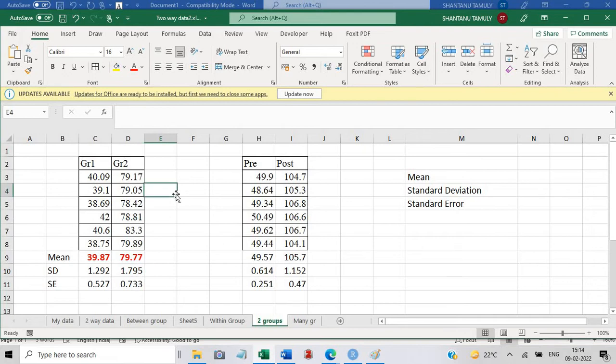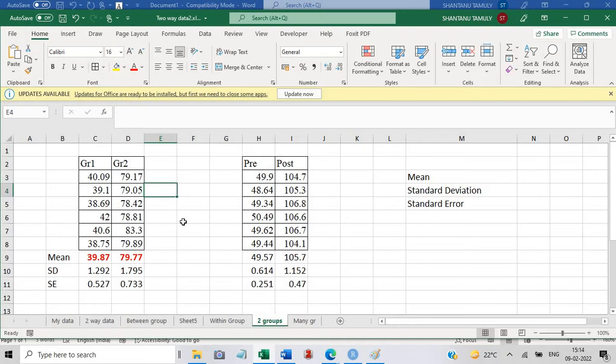You can easily see that in group 1 the mean value is less than group 2. That means there is a difference, but we cannot say so, because for that we will have to use some statistics to see if the difference is there or not. This statistics you can do either in Excel or in the R software. I'll show this in both.